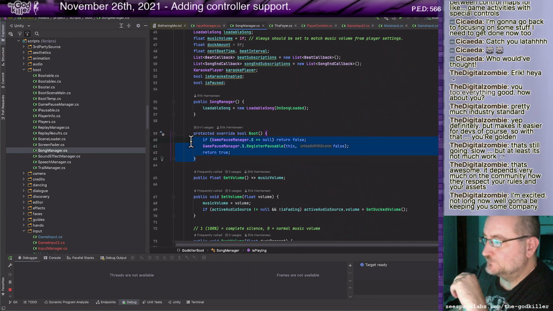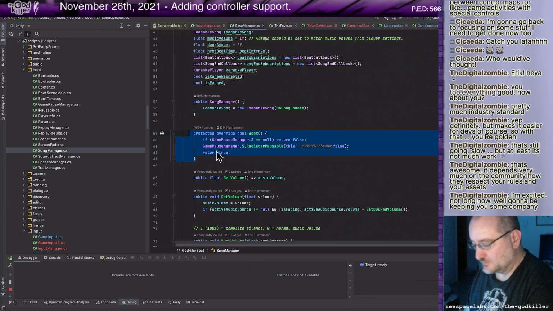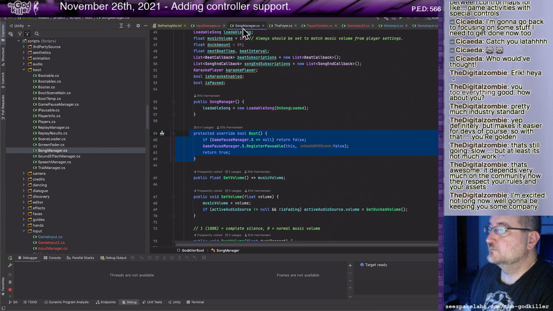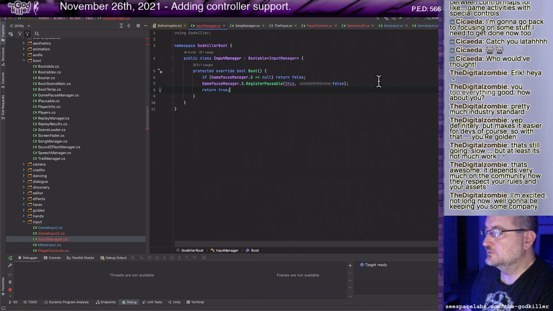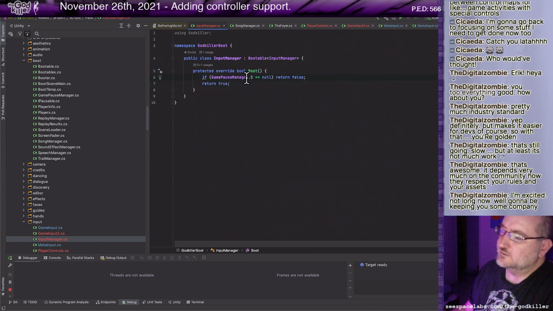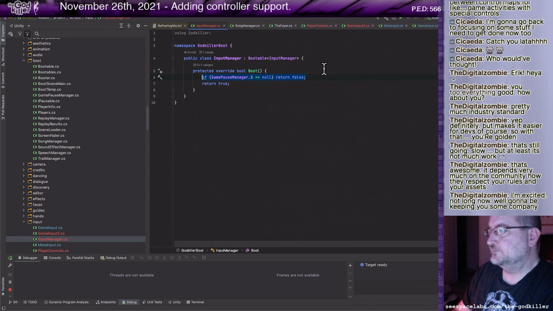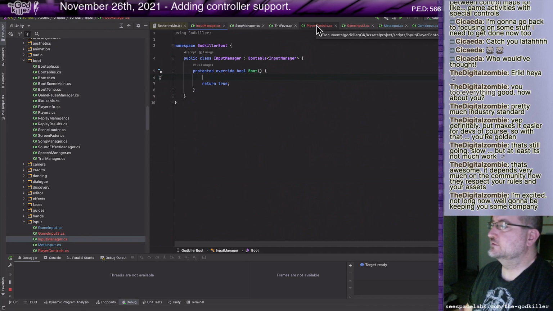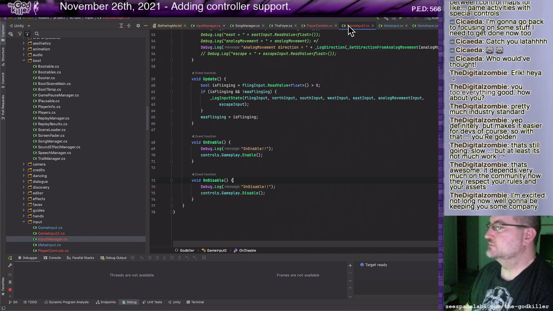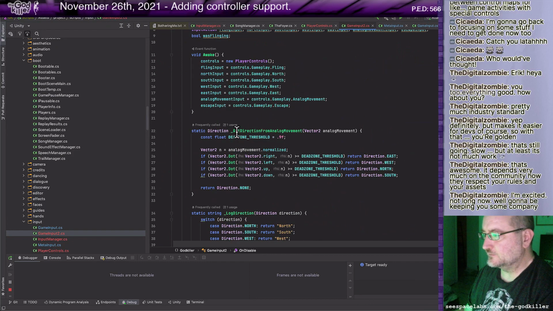Boot. That would be the big one right there. Okay. So Input Manager implements boot. There's no possible behavior. There's no dependencies I need to worry about. Okay, here's where I would load in the player controls.